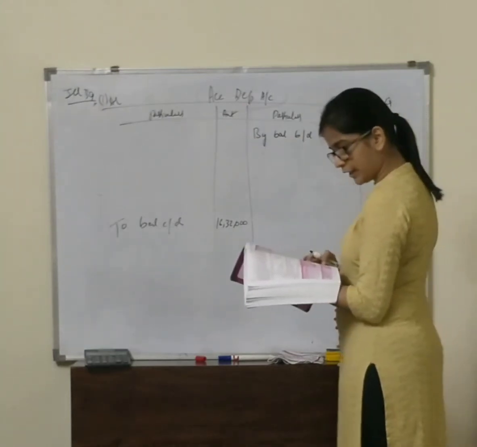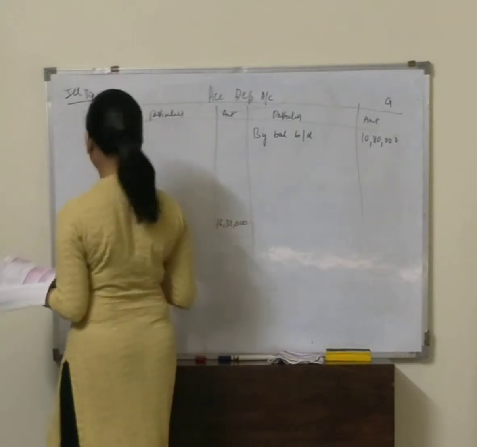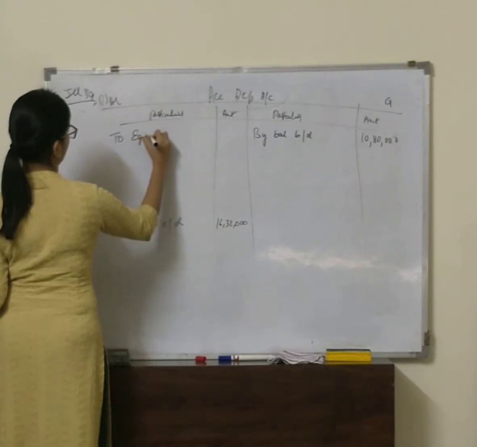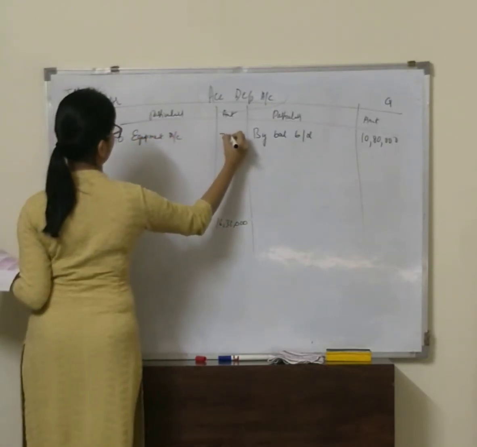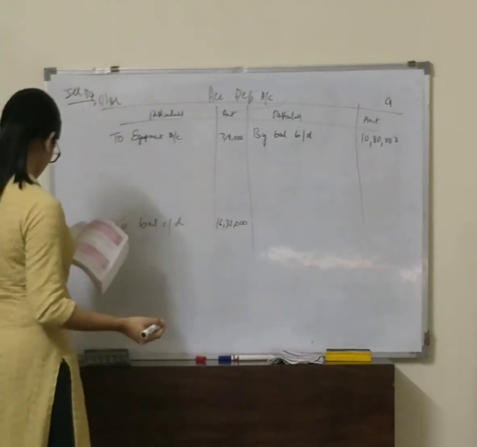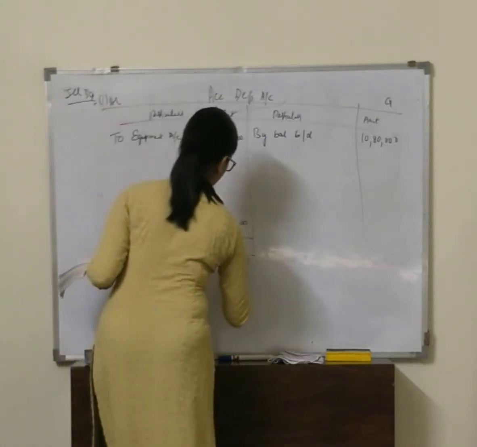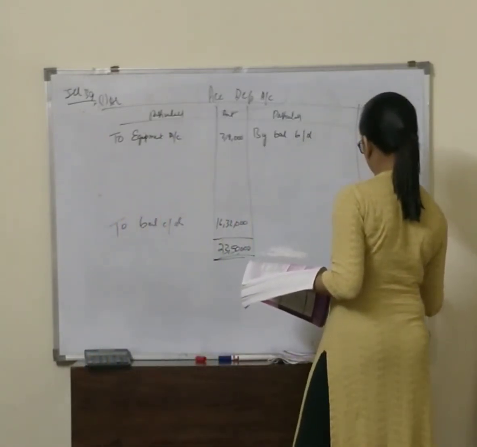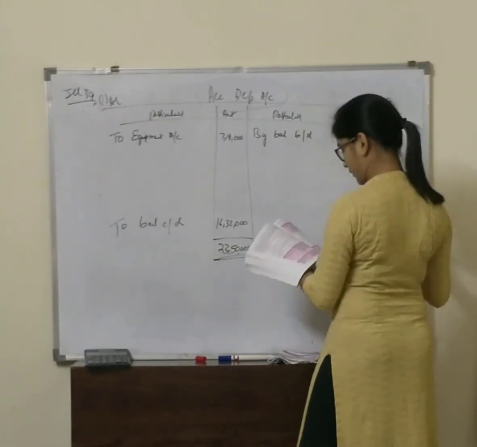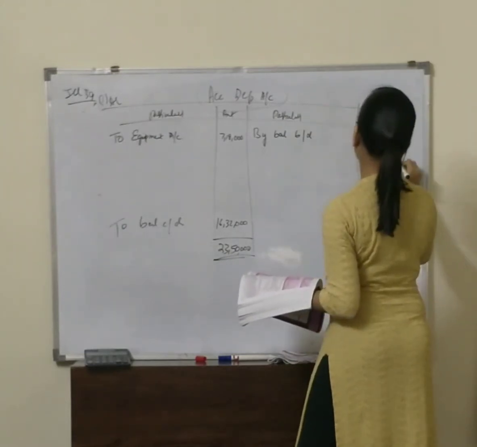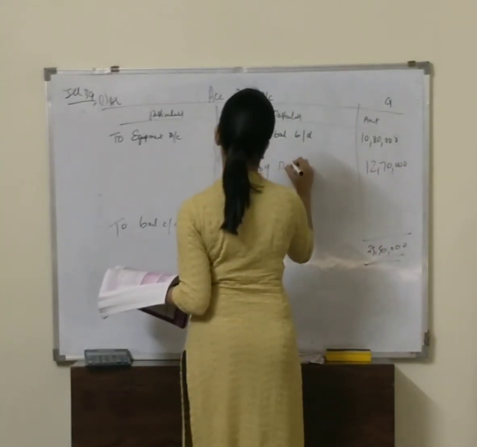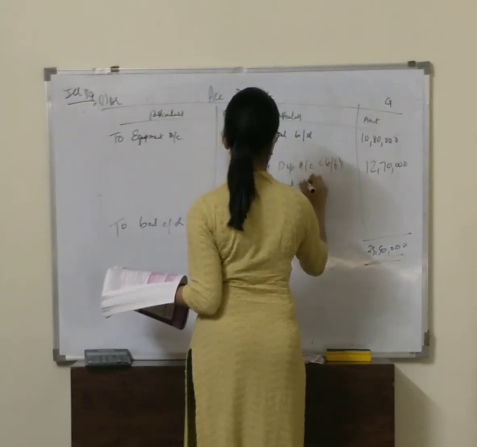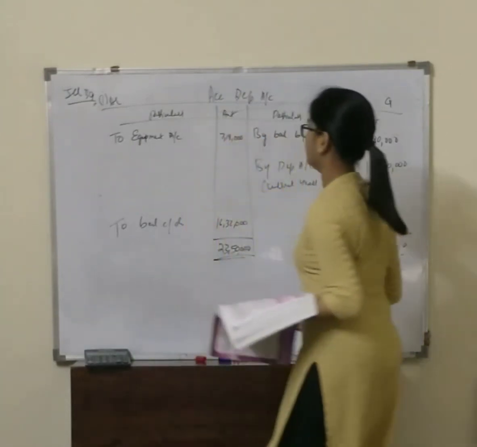Next, what do we have? In our equipment account, we had by accumulated depreciation account 7,18,000. So in our accumulated depreciation account, we'll have two equipment account, 7,18,000. We total it, we get this side more, 23,50,000. Our debit side is more. Whatever balancing figure we get is our current year's depreciation. 12,70,000 is our by depreciation account balancing figure, current year's depreciation. You can write down in the bracket.